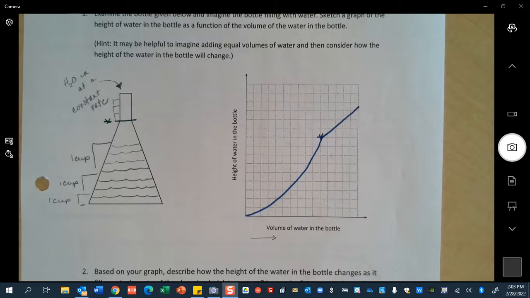Probably be a little steeper. You could definitely argue that because that neck of that bottle is pretty skinny. But because that height is increasing at a constant rate, and keep paying attention to the words I'm saying, if I'm increasing at an increasing rate, or if I'm increasing at a constant rate. Because when I'm looking at that height of the bottle,